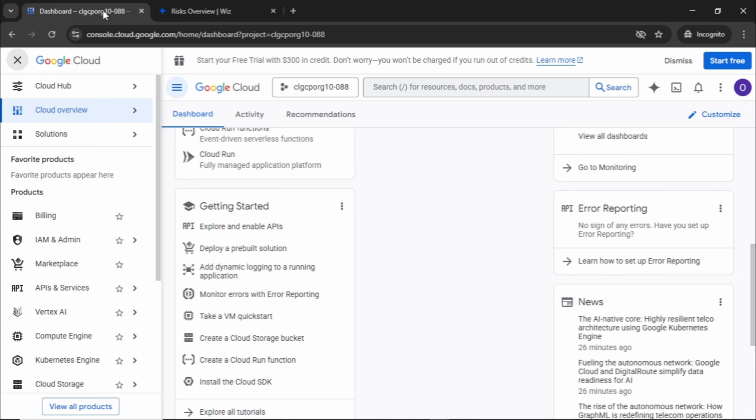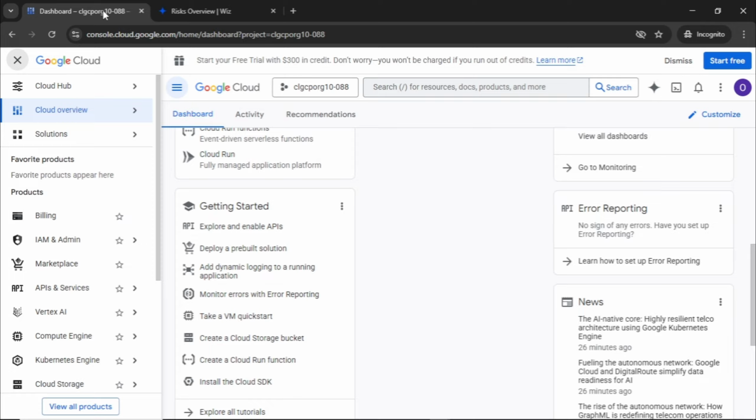So the first thing we're going to be doing is to deploy. I mean, definitely after connecting this, but this particular video is just going to be connecting our Wiz to our Google Cloud. So the next video after this is going to be us deploying a vulnerable virtual machine and a poorly configured storage bucket. Actually, we're going to even do it right now, alongside connecting it. So brace yourself. All right, so